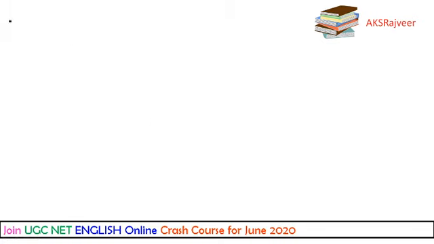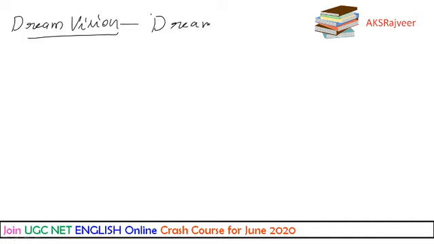Dream vision is also known as dream allegory. This is a kind of mode of narrative, and this was widely employed by the